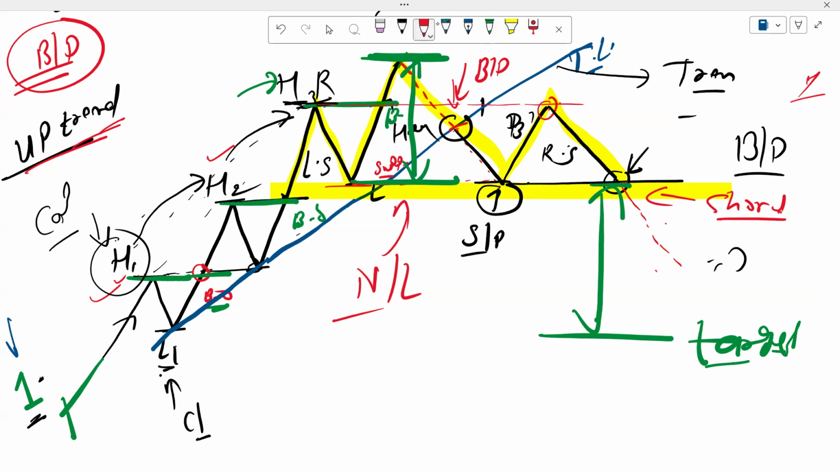And we cannot say that everything is 100% accurate, so we have to put a stop loss also. If you go short at this position, you have to put your stop loss SL here, above this neckline. Okay, so